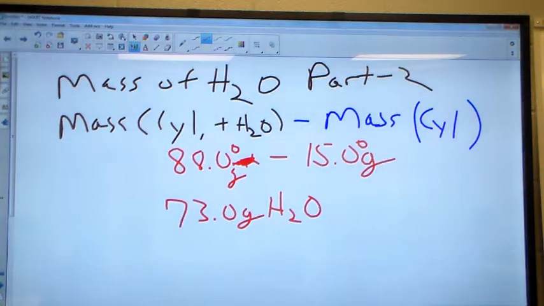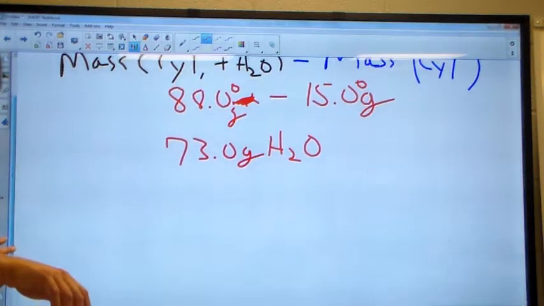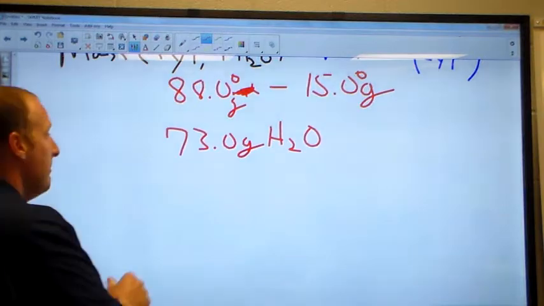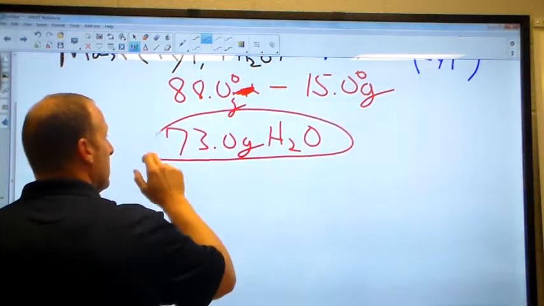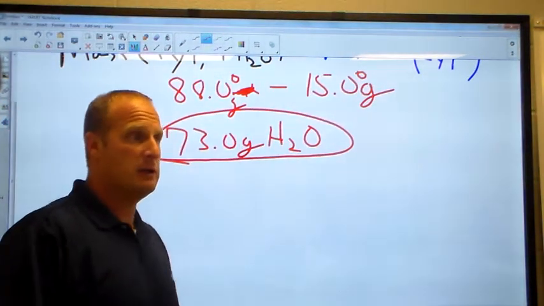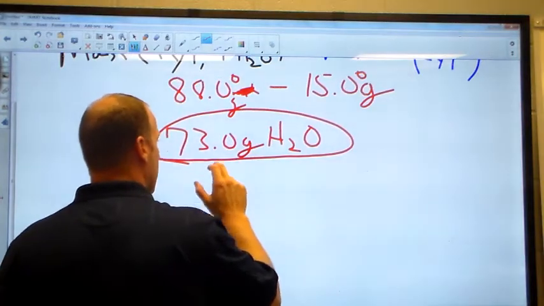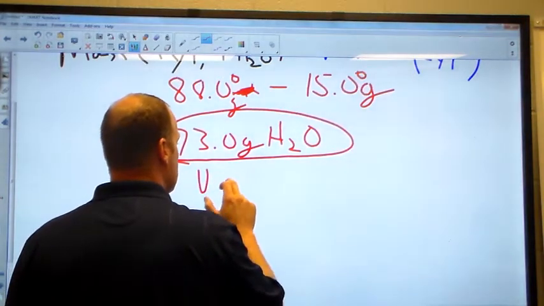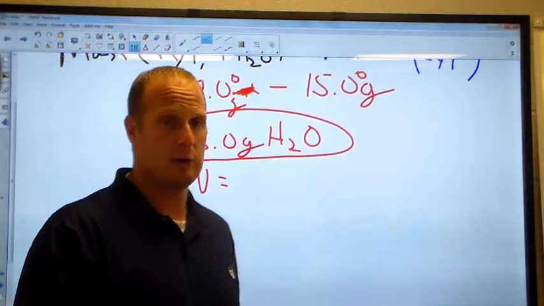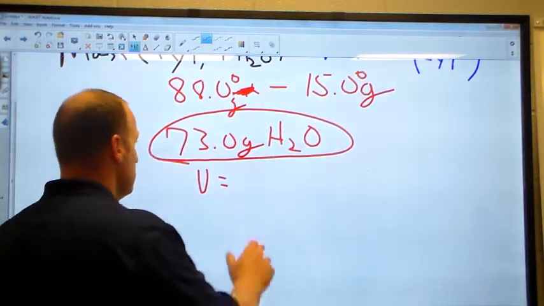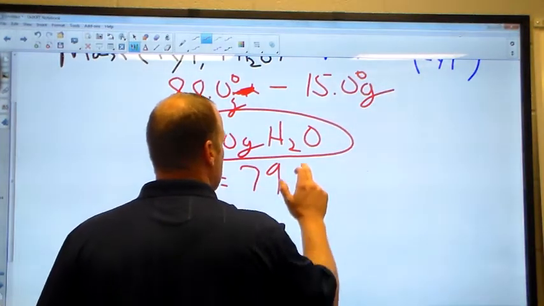We're going to go ahead and keep our video going and look at how we're going to calculate the density of the water. Okay? So we've got the mass here of the water. We calculated the volume of the water we used. How much was the volume of the water that you guys used in part 2, Jesse? 79.1. 79.1